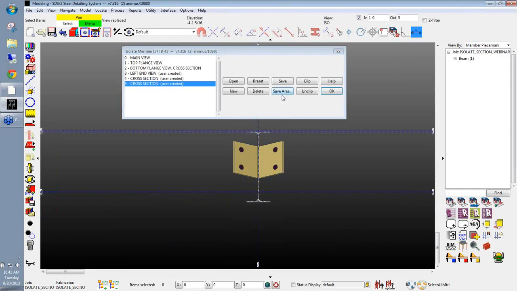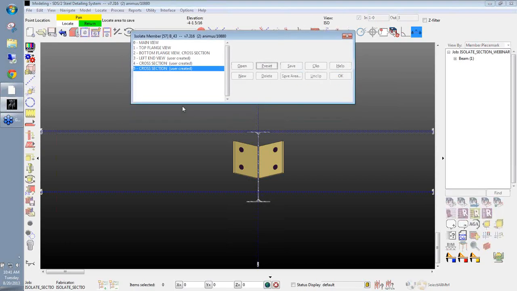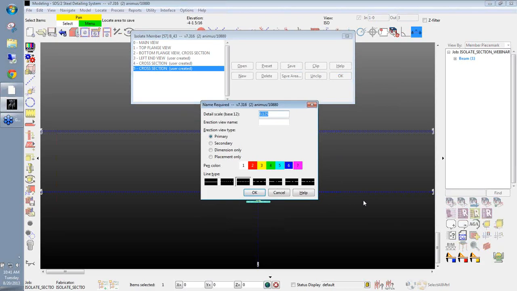The Save Area button here: if I do Save Area, locate area to save, I'm going to click and drag a box. What this is doing is essentially the same thing as if you were to do Save Area from your regular model. This is actually going to create an erection view, so if I do a detail and give this an erection view name, maybe I'm going to call it A-A,